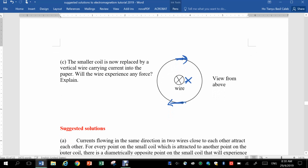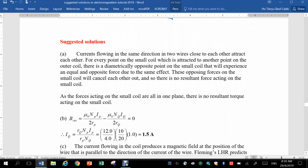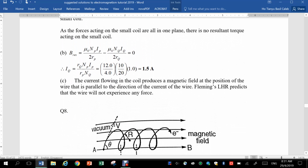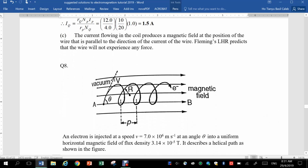Now let's look at the suggested solutions for A and B, and see if we made any strange mistakes. So part A, they are traveling in the same direction. Part B, same method. And then part C, no force, right? We are exactly